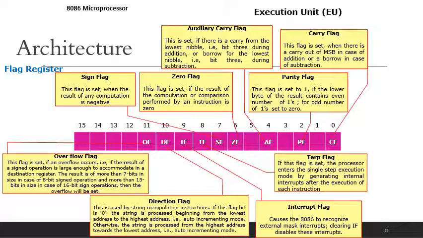This flag is set if an overflow occurs, that is, if the result of a signed operation is too large to be accommodated in the destination register. If the result is of more than 7 bits in size in case of an 8-bit signed operation, or more than 15 bits in case of a 16-bit signed operation, then overflow will be set.